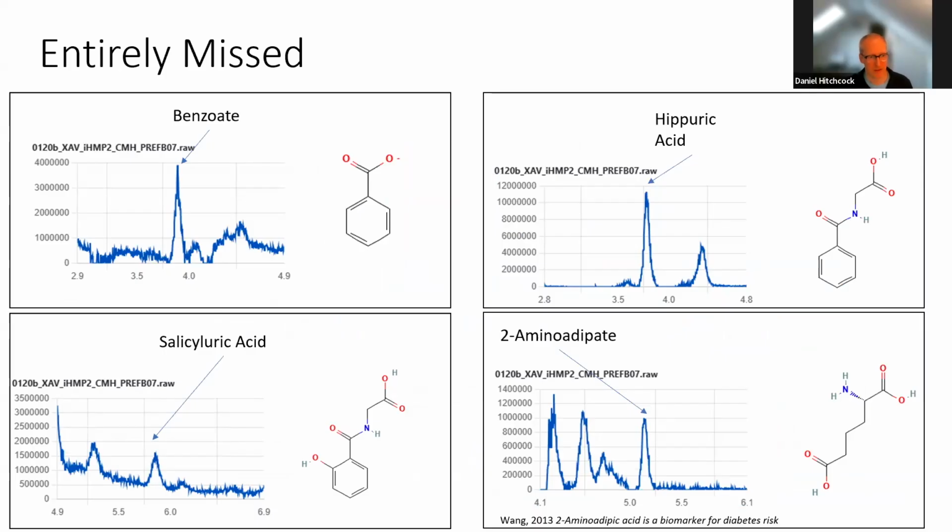Salicylic acid, which is, I think, a downstream metabolite of aspirin. Hippuric acid, a marker of gut health. And aminoadipate, which is a biomarker for diabetes. So when these features get missed, if they need to be retrieved,